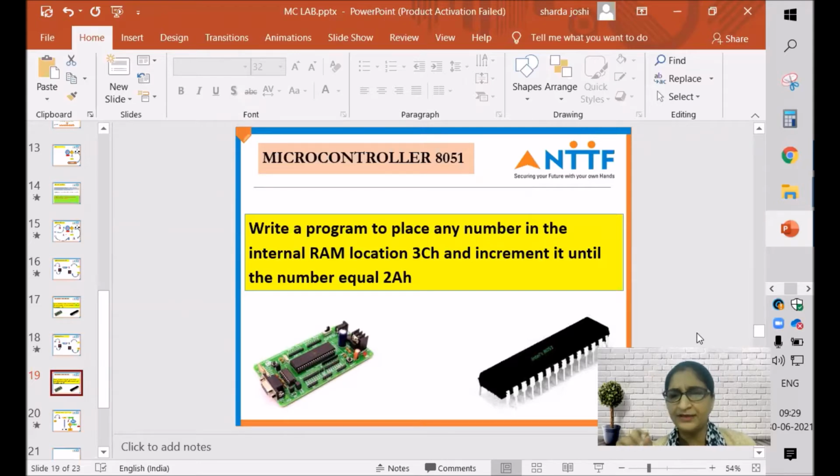We'll take a small number, like 5. If we are storing 5 in 3CH, then it has to go 6, 7, 8, 9, 10. When this value reaches 10, then this process has to be stopped, right?